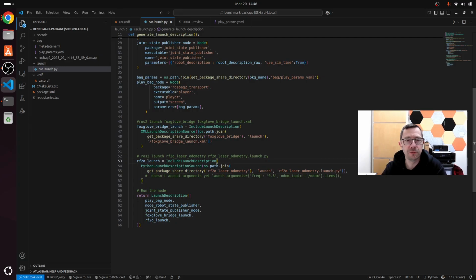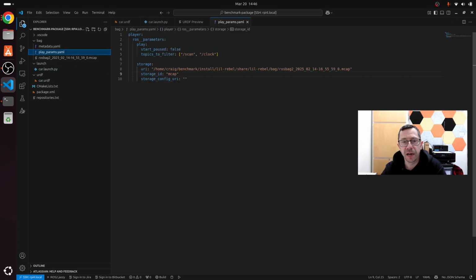So we'll get into running this in just a moment, but let's first look at some of the parameters I'm using for the bag file. The bag file, as I mentioned, basically contains all the data from a previous session. So we've got some parameters here that we're using to play the bag file out. I don't want to play all the data that was recorded in the bag. So here I'm just specifying I want to play out the scans which are recorded from that lidar scanner I showed you, which then get fed into the RF2O